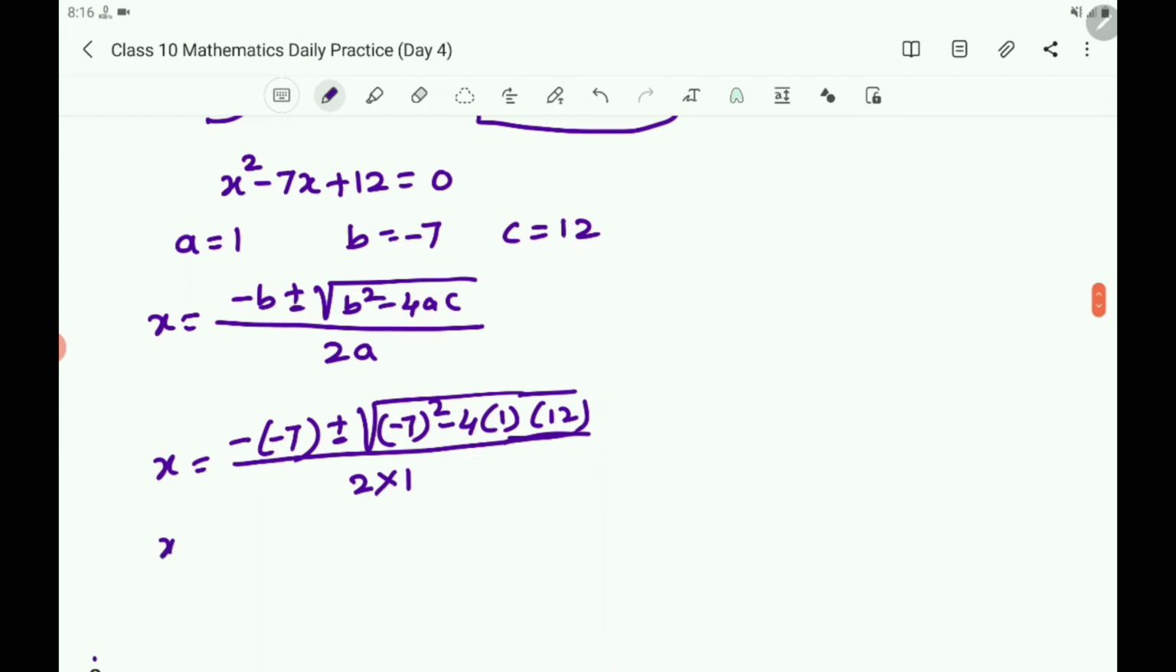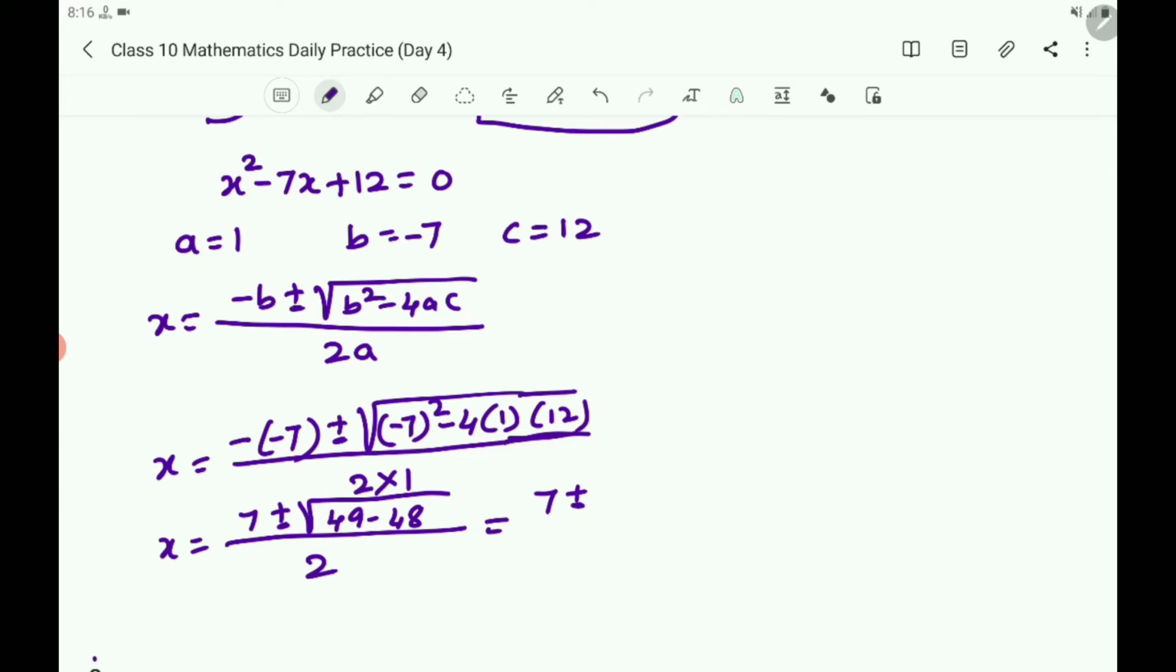Then it becomes x equals minus of minus 7. Minus of minus 7 is 7 plus or minus whole root. Minus 7 whole square is 49 minus 4 ones are 4, 4 12s are 48, divided by 2, that equals 7 plus or minus 49